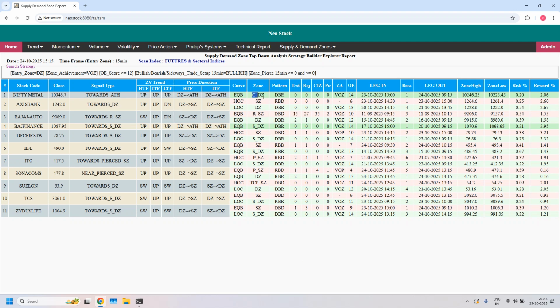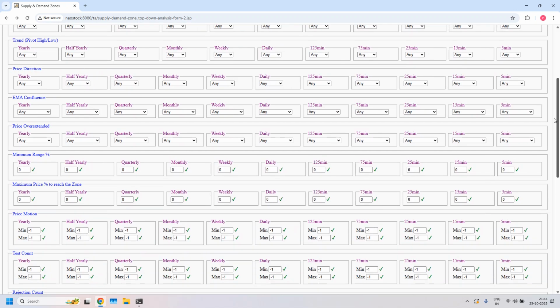Entry time frame zones are 15 minutes demand zones. But you should identify high probability trade setup zones based on the 2 strategies you learned in lesson 27. First strategy, first I will generate high probability zones. That is 2 steps. First